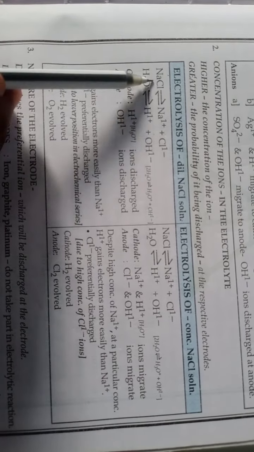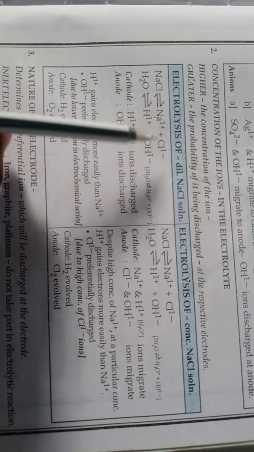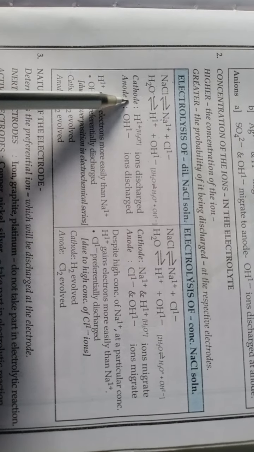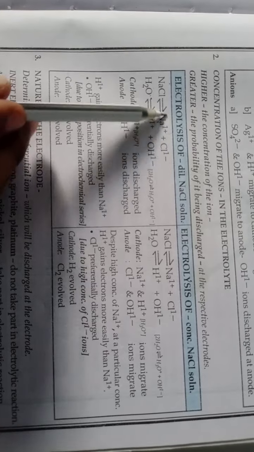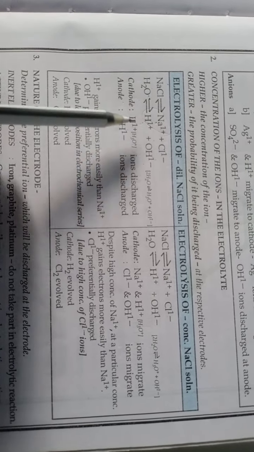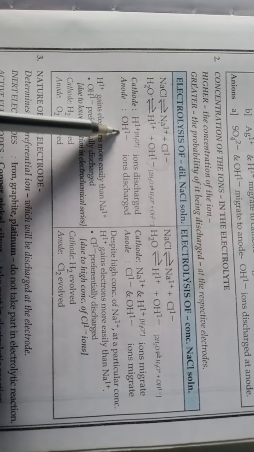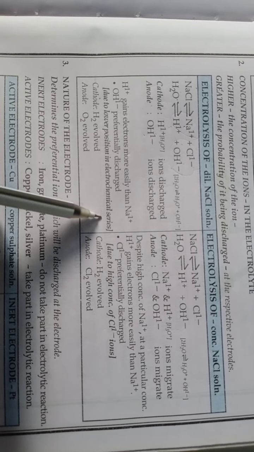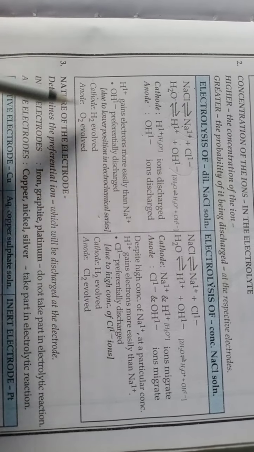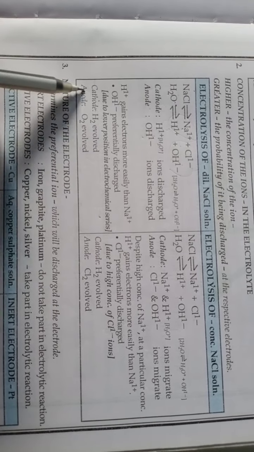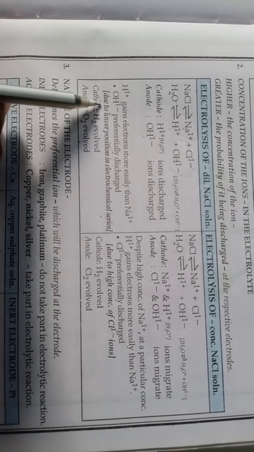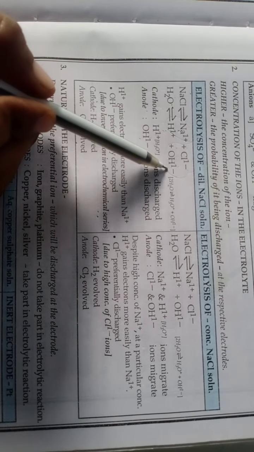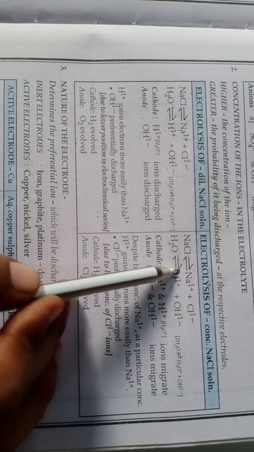Now here NaCl will dissociate as Na plus and Cl minus ions, and water will dissociate as H plus and OH minus ions. So at the cathode, H plus ions will get discharged. Out of the two, hydrogen is placed lower. At the anode, out of the two, hydroxyl ion will discharge. Now why will it discharge? Because of the lower position in the electrochemical series. Okay, this product you don't worry, we will study it in detail. Only concentrate here. Due to the lower position in the electrochemical series, hydrogen and hydroxyl will get deposited.